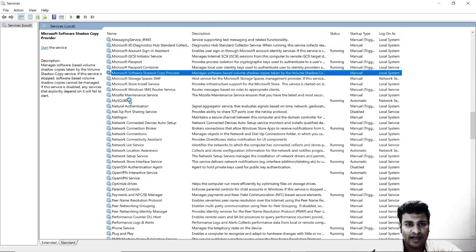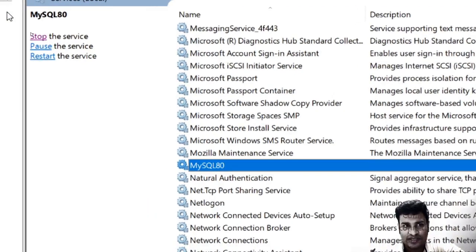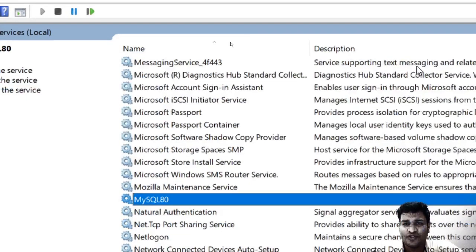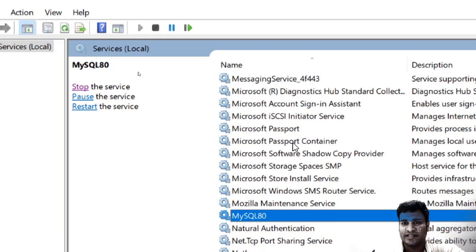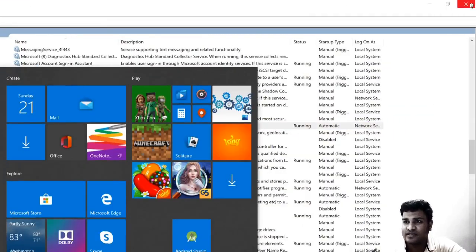So you see over here, it is here, MySQL80. This is the name we gave while installing MySQL. So this is the service which keeps on running, and this is the server which will connect to Workbench. You can stop, pause, and restart the server here. If you face any issues with the server, you can go to the services and restart it from here or from the Workbench. But this is always a better place. So I'm just closing this up.